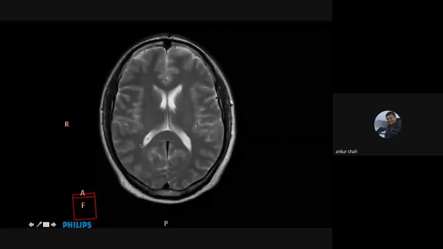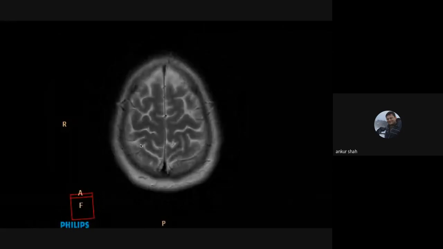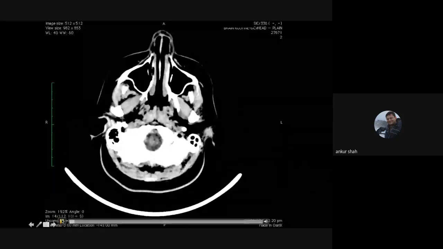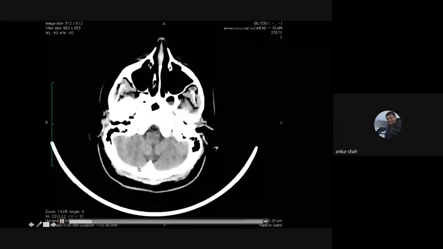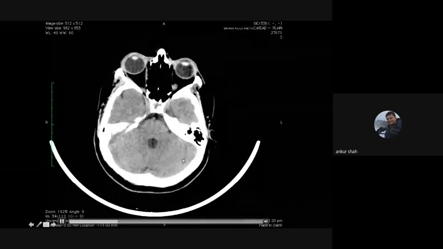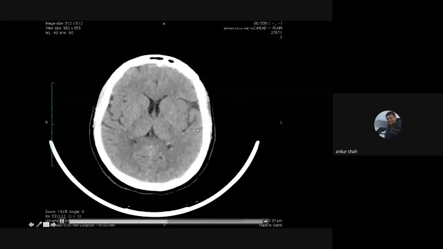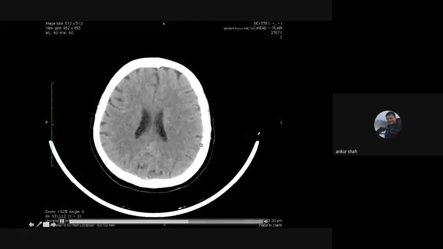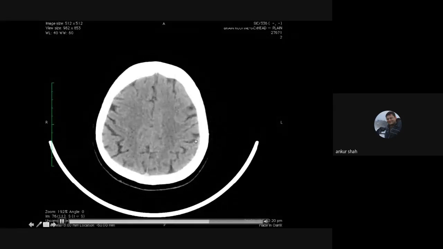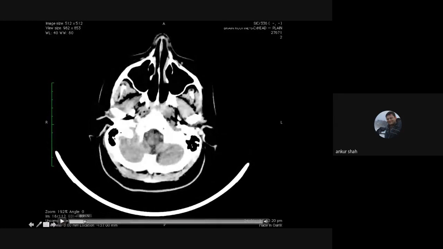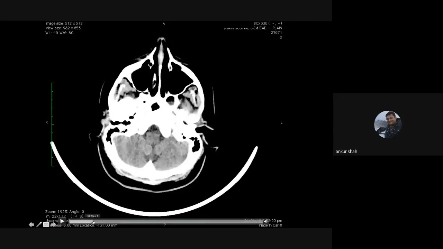Okay, so this is all about normal anatomy of the brain on MRI, and the same you can see on CT scan also. If I scroll through these images, you can see almost all structures which we saw on MRI on CT scan also. But the clarity of visualization of the structures is much less on CT scan compared to MRI, because the intrinsic contrast of MR is much higher compared to that of the CT scan. And that is why CT scan is not very useful, particularly in structures which are surrounded by either air or